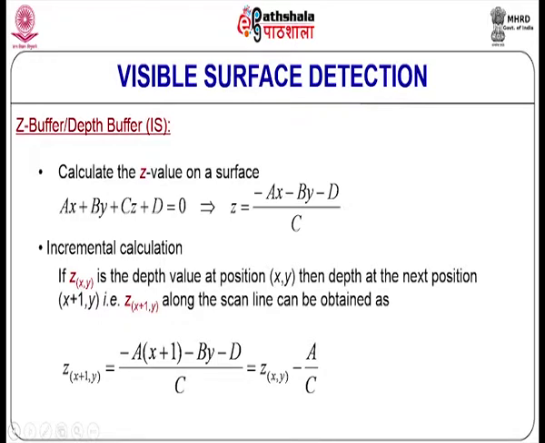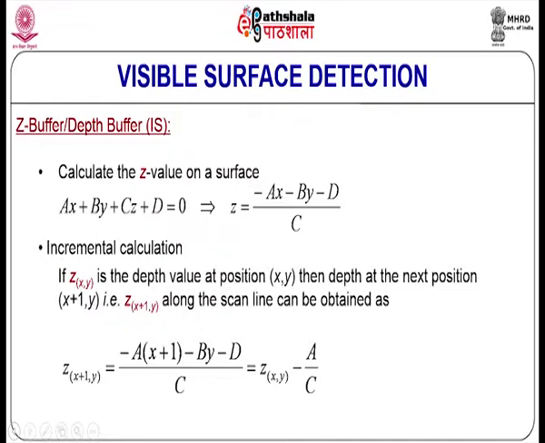So, how do we know what is the depth of a polygonal face? Given a polygonal face with the equation ax plus by plus cz plus d is equal to 0, how do we compute depth? z is the depth for a polygonal face. How do we compute z? z is equal to minus ax minus by minus d by c, and we do not have to really do this for every pixel position. Instead you can use coherence, that is, similarity,